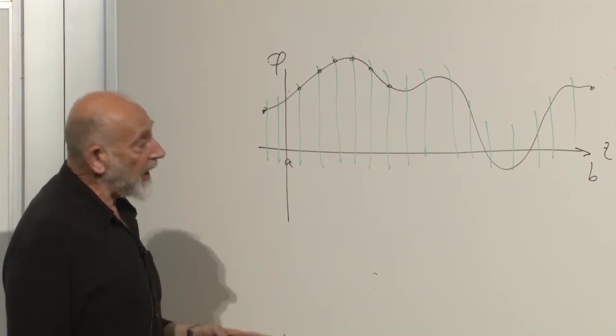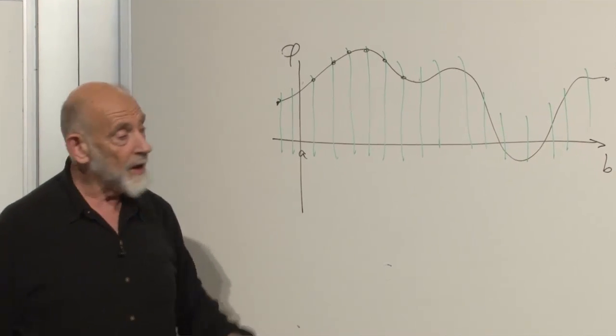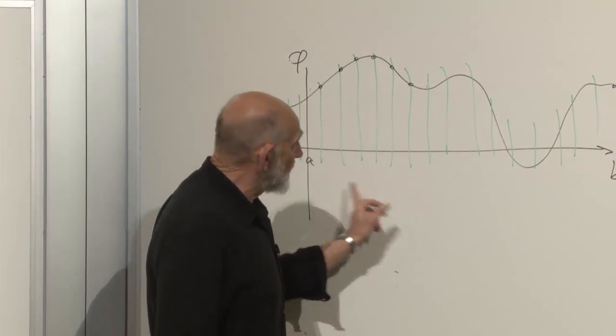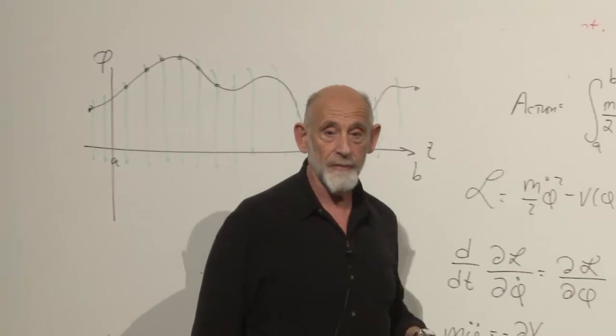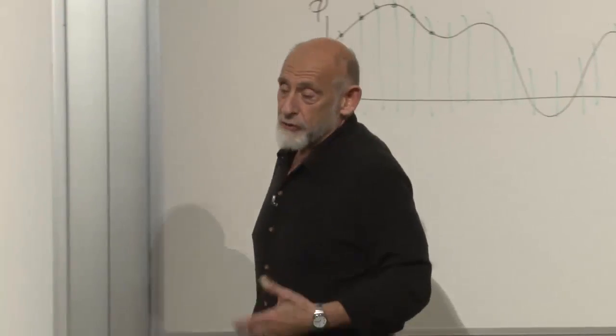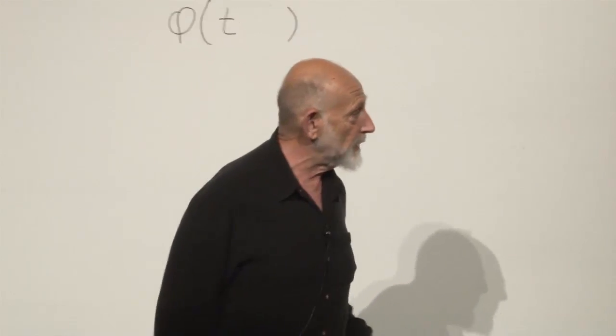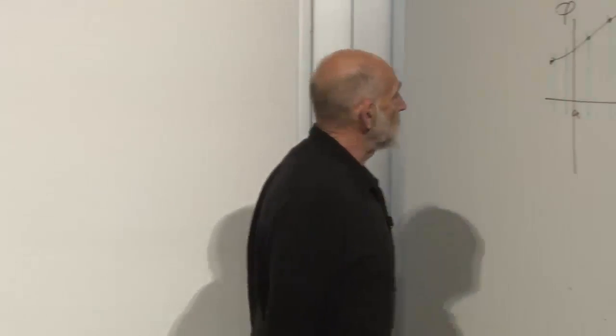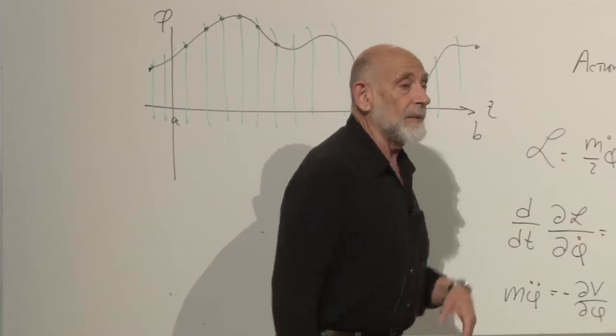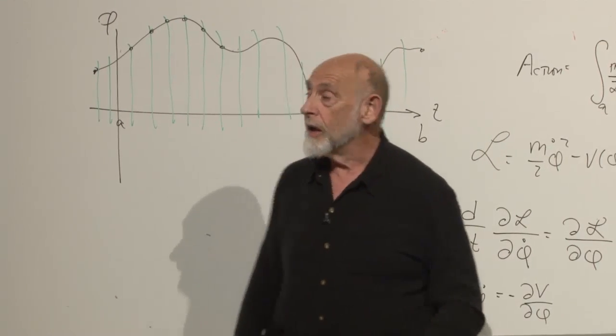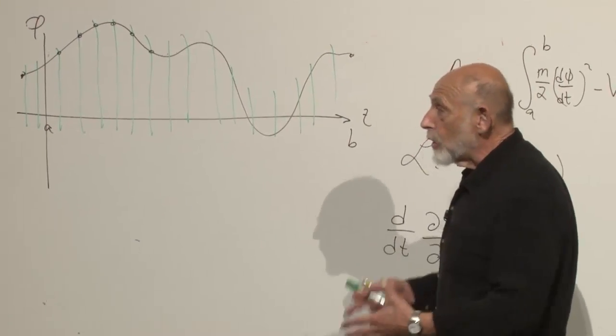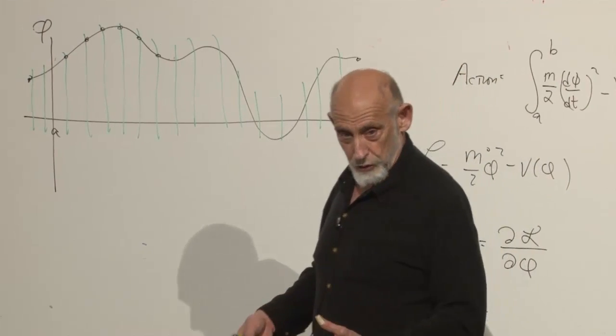instead of thinking of phi as the position of a particle, think of it as a field which depends only on time. Calling it a field is just a name. You could call it the coordinate of something, you could call it a field, you can call it whatever you want, but it's just a function of time, and I'm going to think of it now as a field in a world with 0 space dimensions.